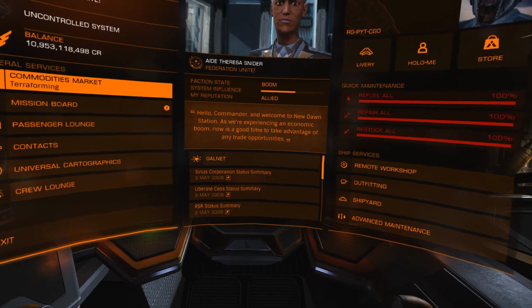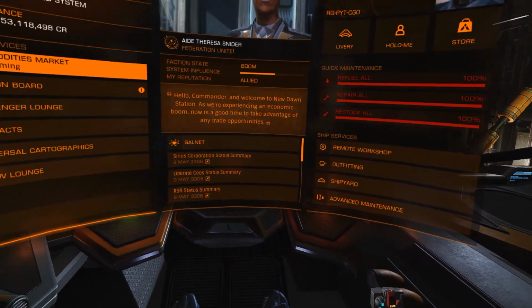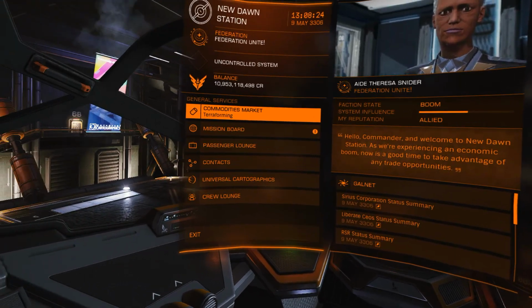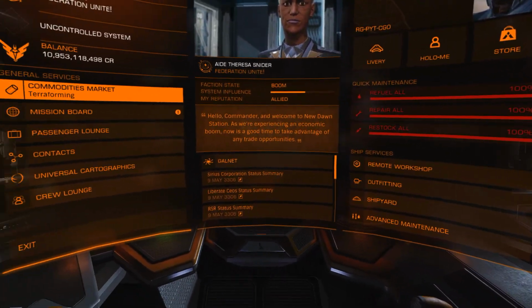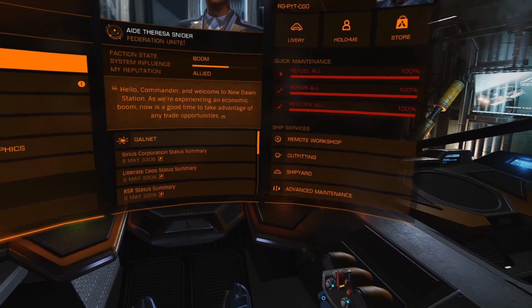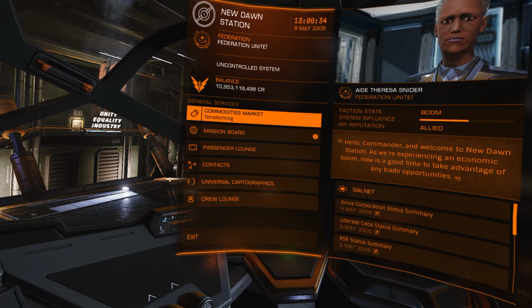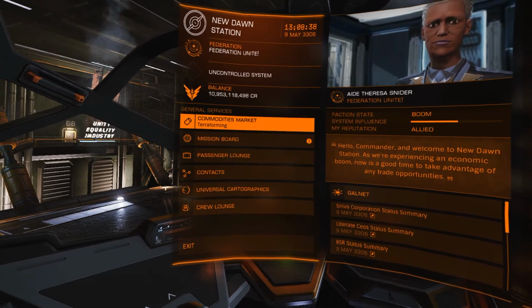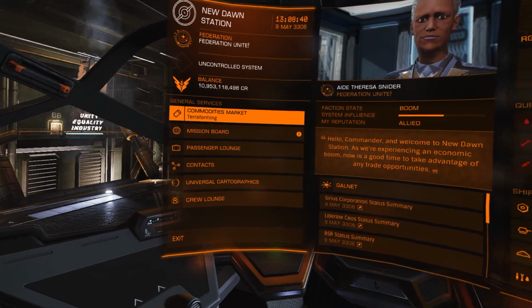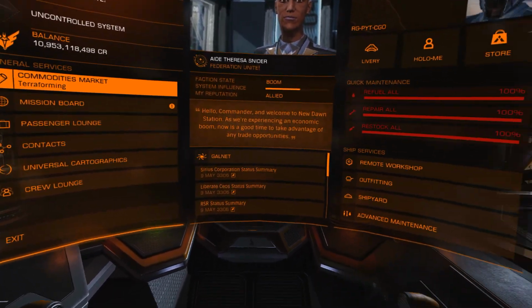But we're going to run some missions. So we're going to run up to Sothis Mining, pick up a load, come back to New Dawn, and then end that video back at Sothis Mining. So we're getting there. We'll just do one load now, and then we'll do another load when we get near 11 billion. So this is really helping us out for